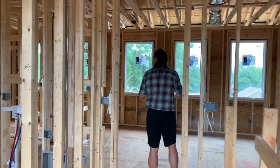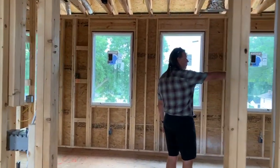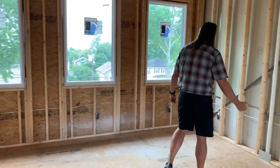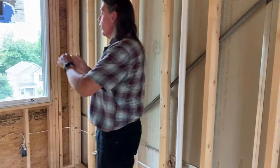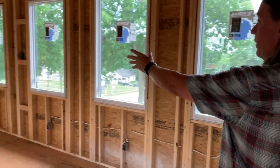Now we're going into the master bedroom, and we'll talk a little bit about how it's going to lay out and work. The master bed will probably be on this back wall, and when you're over here you're going to have a really awesome view of the whole back of the neighborhood. Looking across this residential neighborhood, really have 3 windows in the bedroom, 2 in the bath, so you've got 5